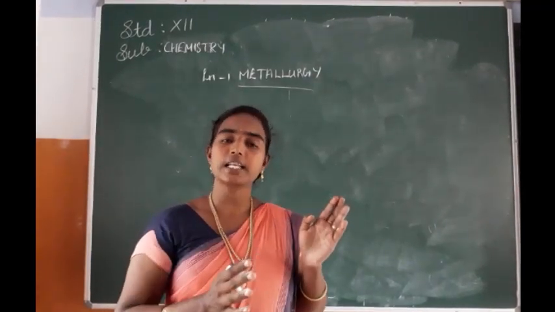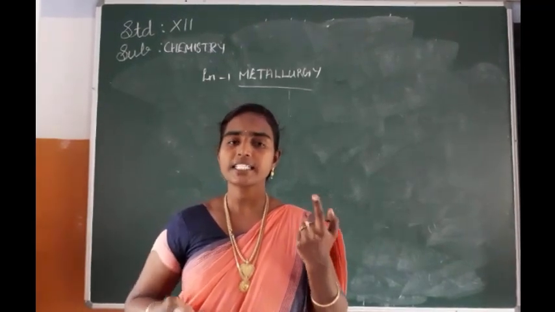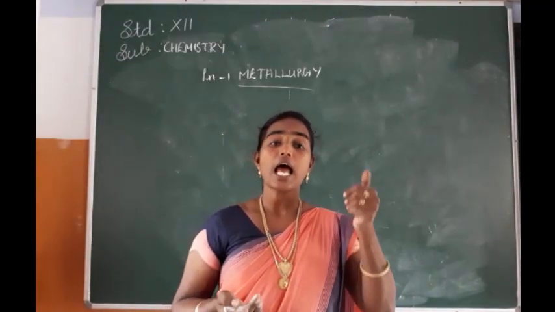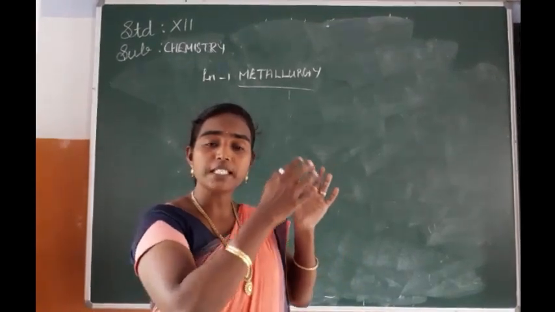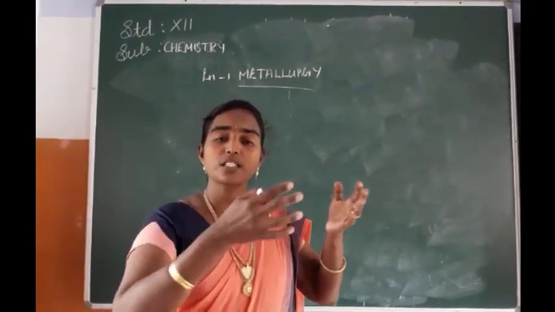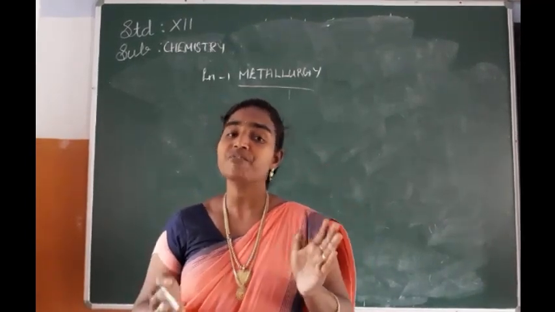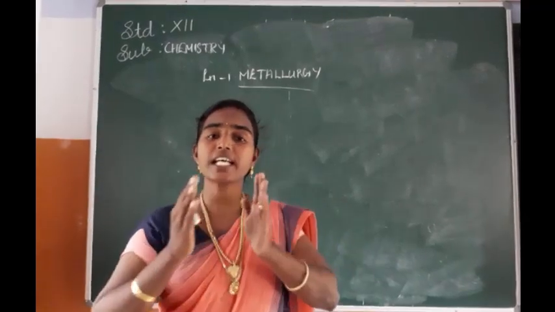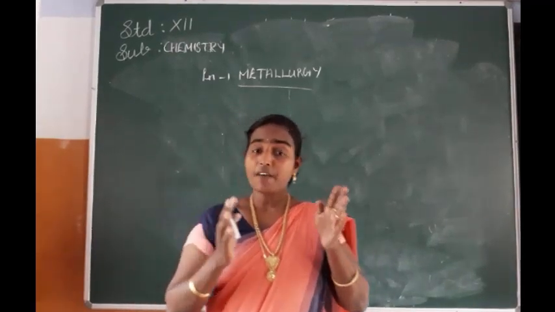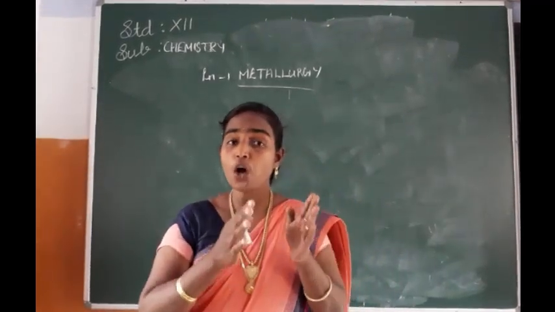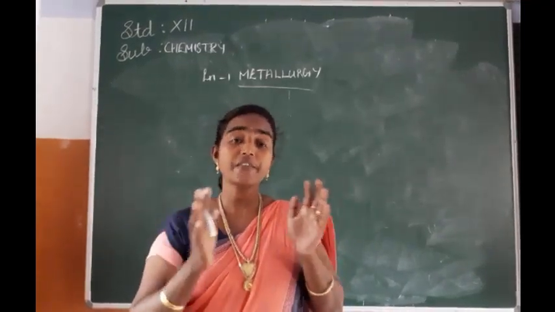This reduction can be done by the smelting process, reduction by carbon, reduction by hydrogen, reduction by metal, and auto reduction. These five methods are given under reduction of metal oxide to metal. In the smelting process, along with the reducing agent we have to add a flux, isn't it? But in the case of reduction by carbon, we have to choose the metal oxide such that the metal does not form carbides with carbon. In such a way we have to select.